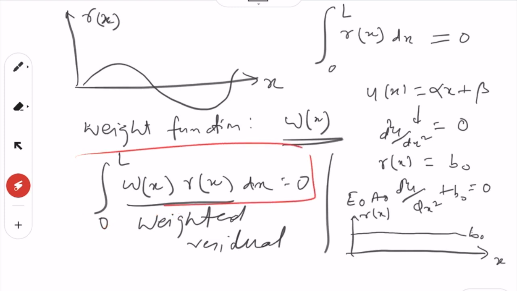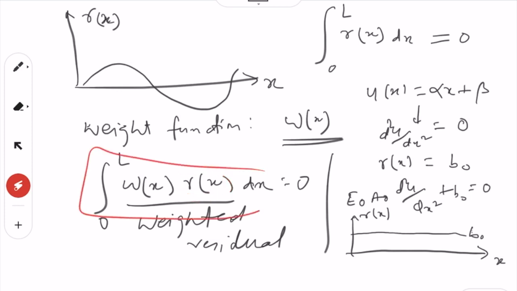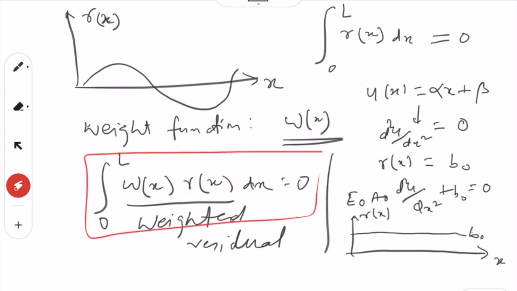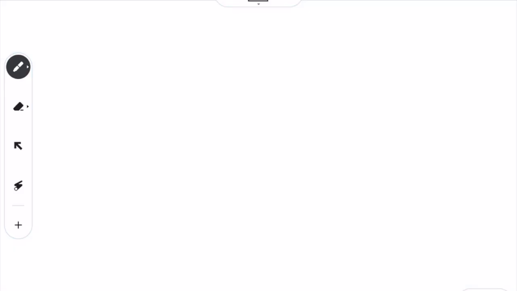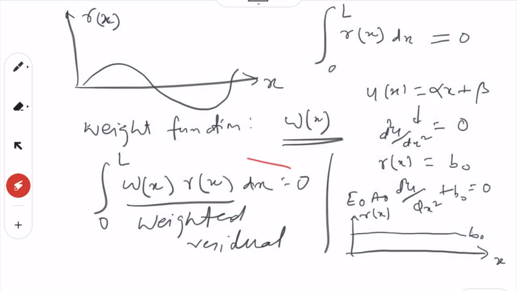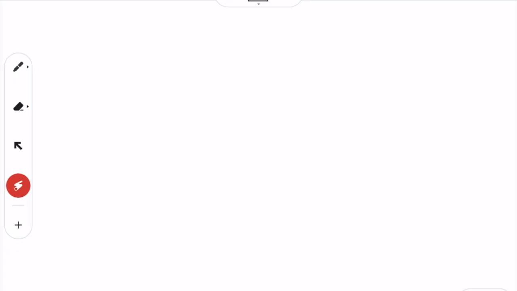So we know that weighted residuals, any function w(x) that is multiplied by residual, and if you integrate, we make it equal to 0, we will find out the best fit. Okay. So we can write down now like here. This is also the previous one, this is also called the weak form. So, starting with the strong form,